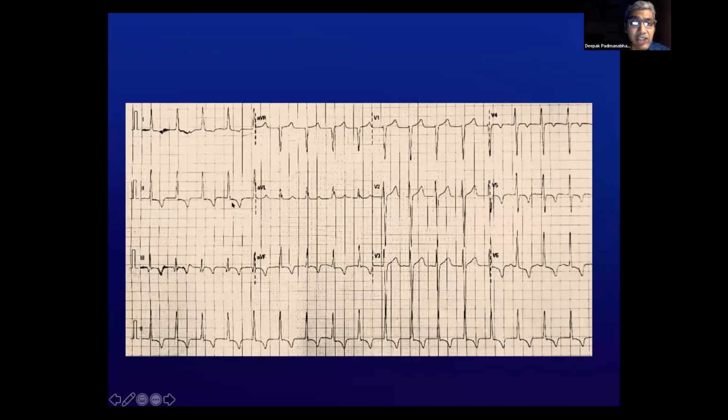This is another ECG. As you can see, the ventricular rate seems to be faster than the atrial rate. You hardly can see any P waves. This is a ventricular arrhythmia, but given that the QRS is extremely narrow, the origin of the arrhythmia seems to be within the conduction system, as justified by the mid-precordial transition of the QRS. This is accelerated junctional rhythm, commonly seen post-cardiac surgery, especially with valve surgeries.